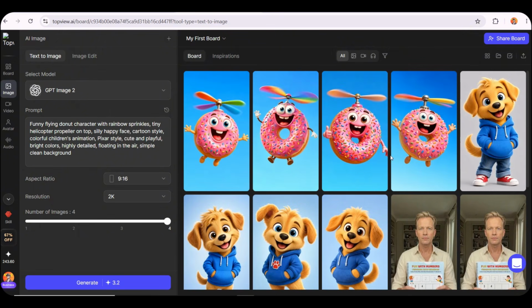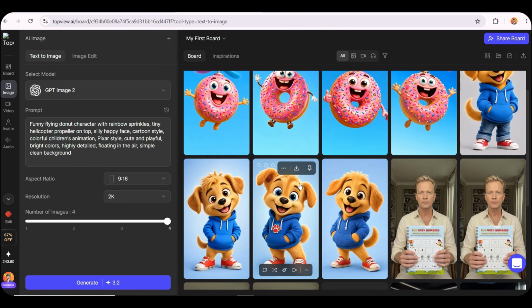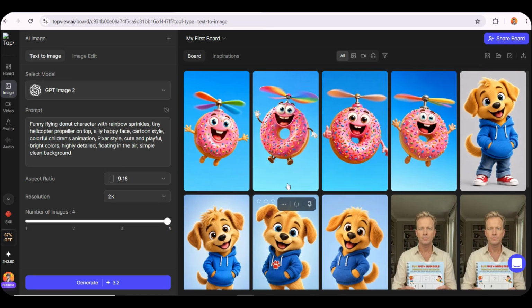And within just a few seconds, you'll see that it already created the 4 images for the first character, which is Bobby, the little puppy dog. And then the second character, the flying donut. I'm honestly blown away by these results. Now all we need to do is download the 2 images that we like the most. Personally, I'm going to download this image and this image right here. And after downloading the 2 images that we'll use to create our children's story, now it's time to move over